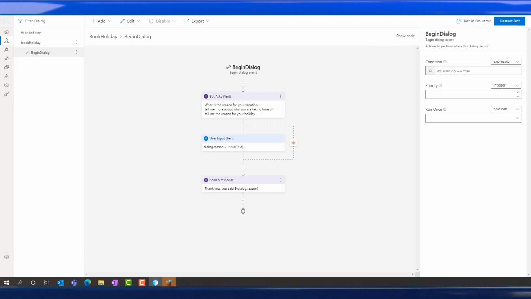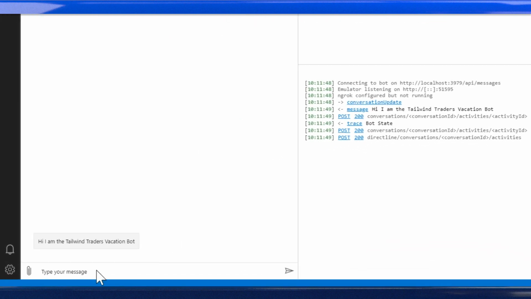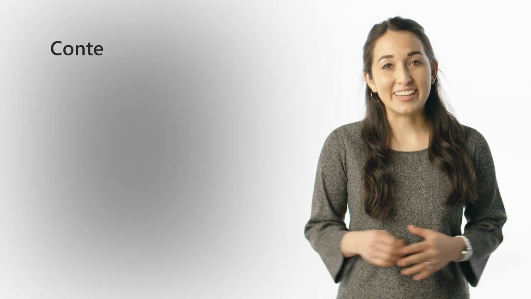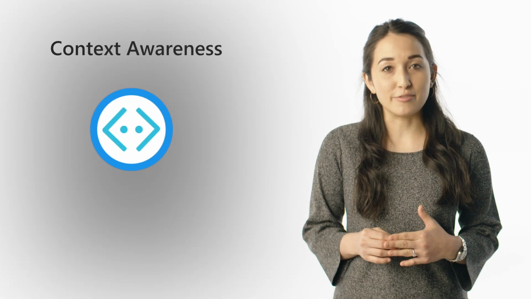If you use the SDK and code-first tools, you can run the app locally in Visual Studio or the IDE of choice. If you use the Composer, you can use the Bot Framework emulator. Simply click Test in Emulator and test your bot from there. You'll see your welcome message because your greeting trigger was fired when the conversation started, and you can begin testing your chatbot.